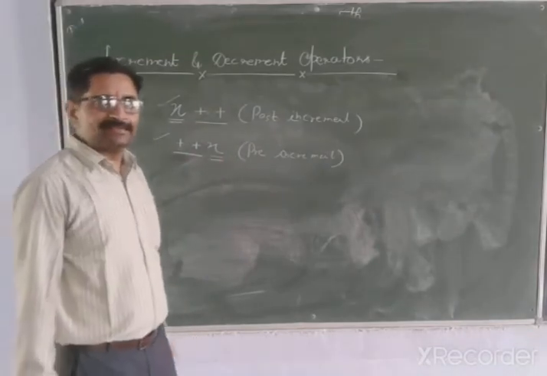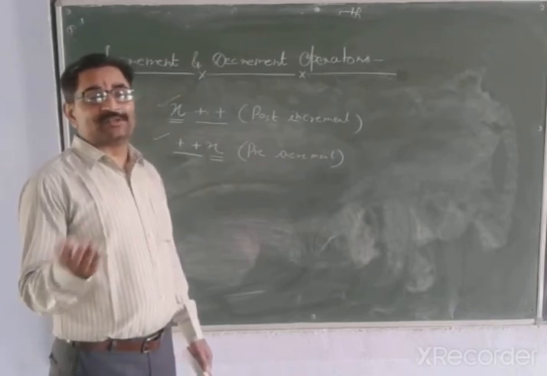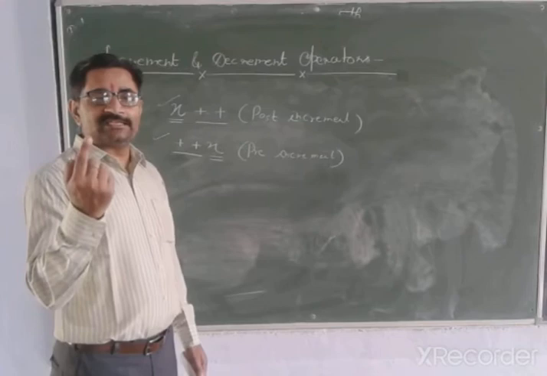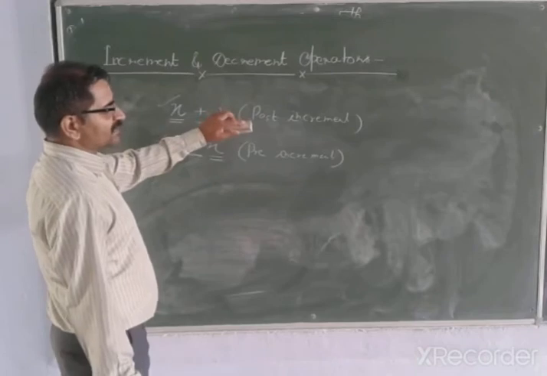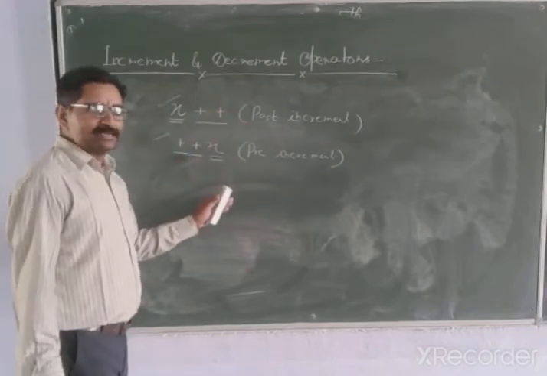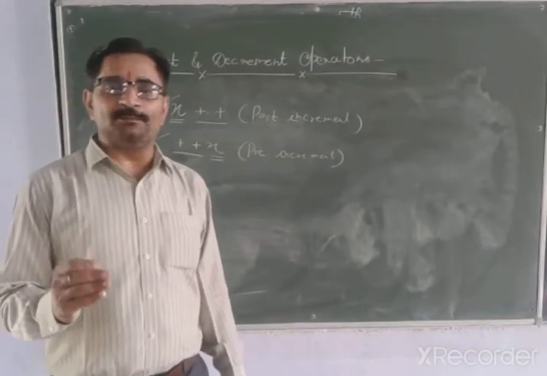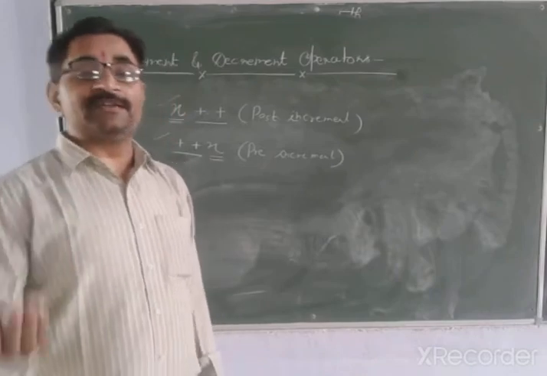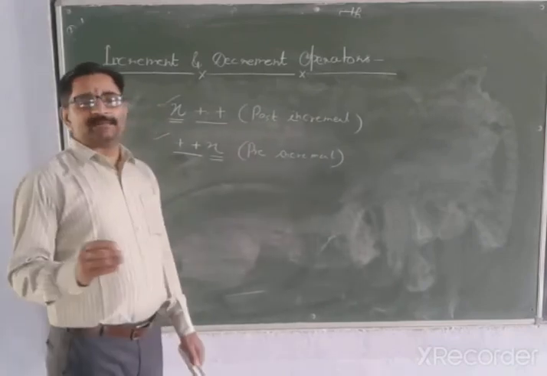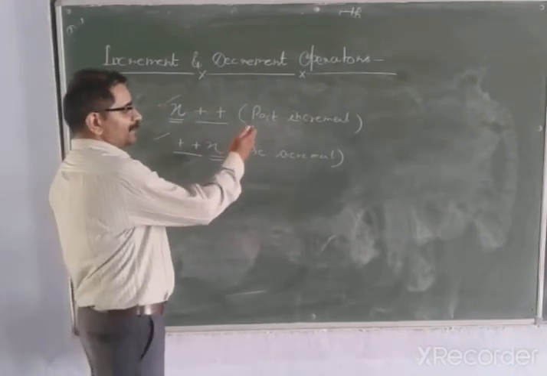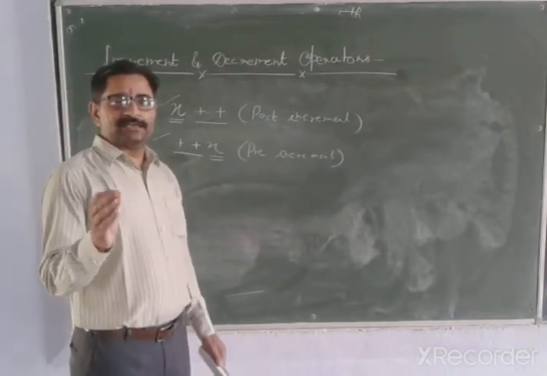Since plus plus and minus minus both are unary operators, both need only a single operand. So whether we talk about post increment or pre increment, both update the value by 1, both increase the value by 1. Then the question is, what is the difference between both? You can see the difference when you use the principle of post increment and pre increment. So you should keep the principle in your mind.